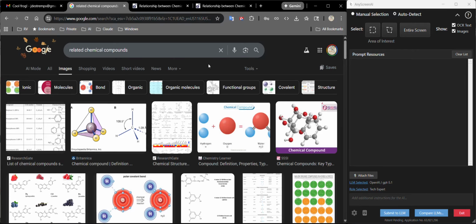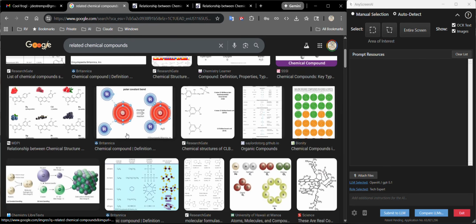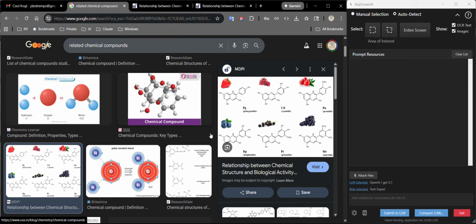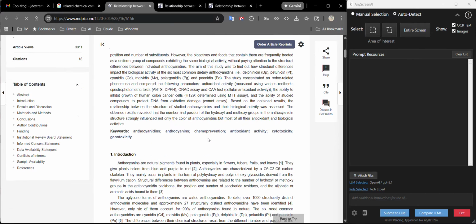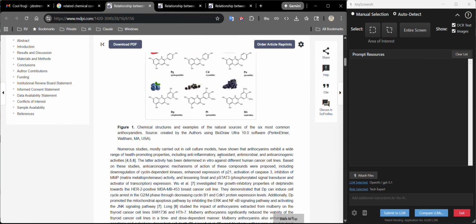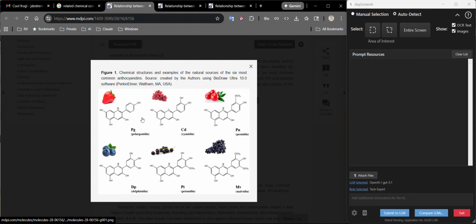Now, this could be any document. It doesn't have to be on the web. It could be any document, any screen on your computer anywhere. And so here we're looking through this PDF. Oh, I like this image here. Let's see. Oh, I got some chemical compounds here related to what looks like fruits. Okay, so I'm in auto detect mode over here on the right in